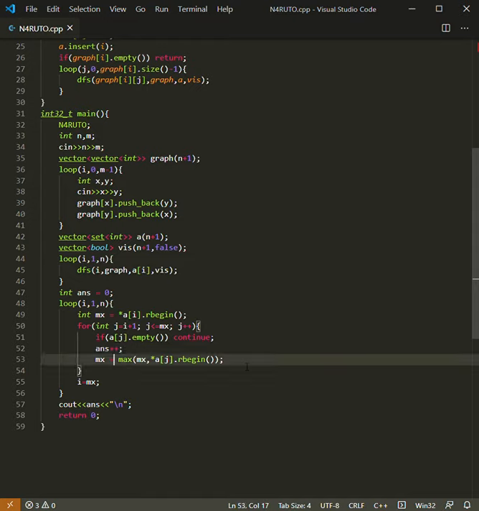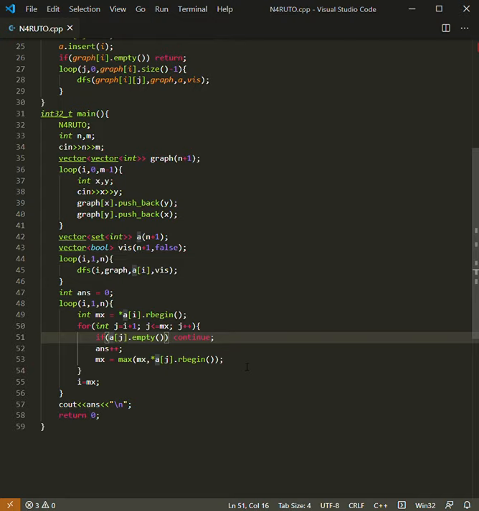if we don't have that, that is we are in case 2, and if A[j].empty() is equal to true, that means that the jth node doesn't have any components.